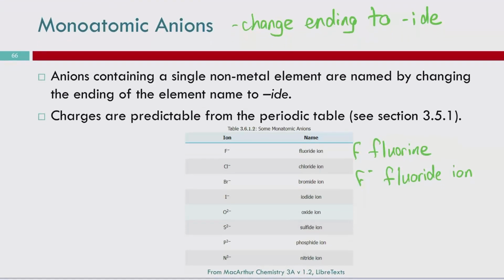Our monoatomic anions, these are the simple anions. So this is like all of our nonmetals, right? If it's just that one thing, that's the mono part of monoatomic. If it's just the one thing, we can just change the ending of that name to "ide." We've got basically all of them broken down here. So for example, fluorine is just F by itself. This would be monoatomic fluorine. F minus, it's got a charge, so we change the ending to "ide" instead of "ene," and we add ion